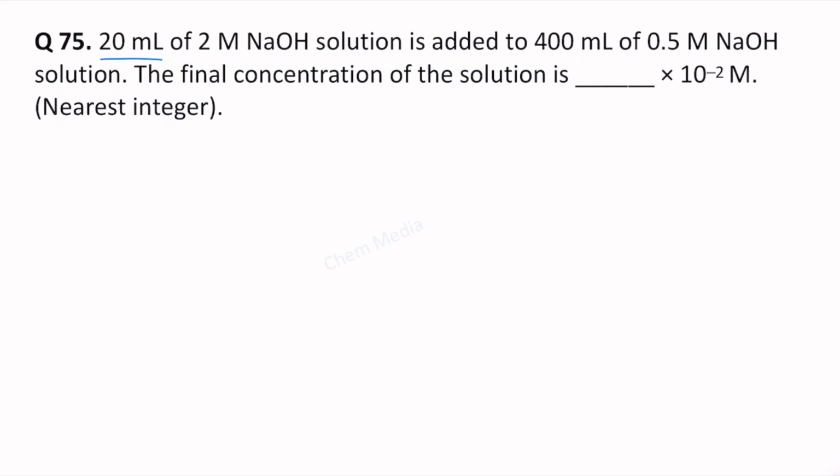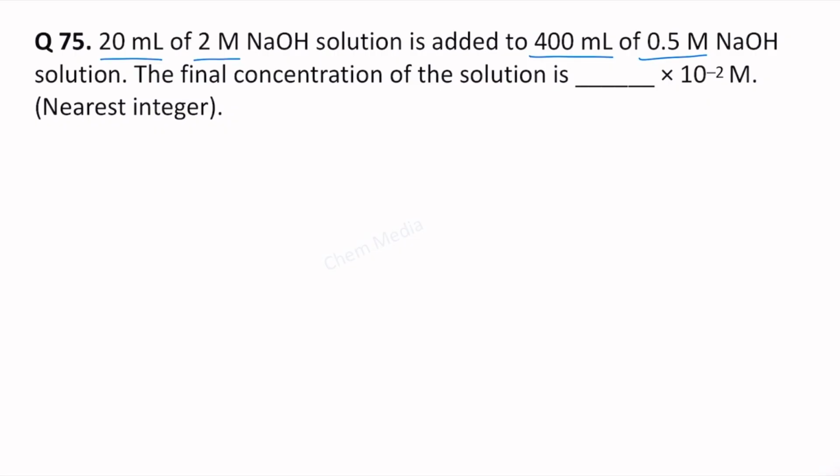20 ml of 2 molar NaOH solution is added to 400 ml of 0.5 molar NaOH solution. What is the final concentration of the solution in terms of 10 to the power minus 2 molar? We need to find out the nearest integer. Here we have two different NaOH solutions. We are adding them together, whose molarity is different, volumes are also different, and we need to find out the